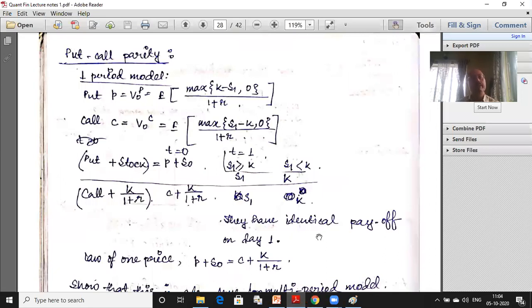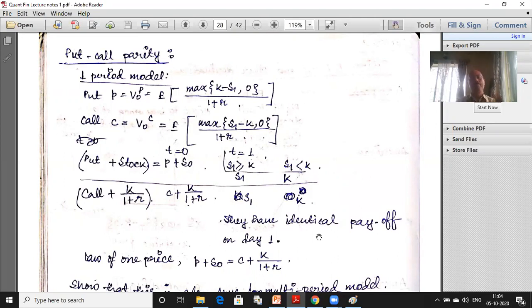Okay, so put-call parity, a very important result in financial pricing. I have two European option contracts, put and call. Think of a put and a call option on the same stock, with the same strike price and the same timeline. It starts today at time 0 and expires at a fixed time. Initially we just think of the one period model as in our chapter 1. You can buy the option today and tomorrow it expires. You can exercise it tomorrow if you want. Of course, exercise is not mandatory. You will do it only if it is profitable for you.